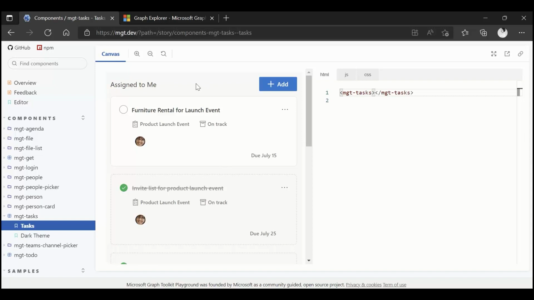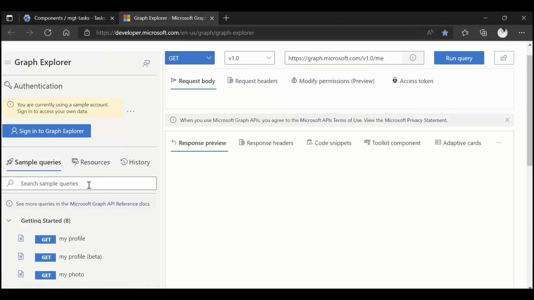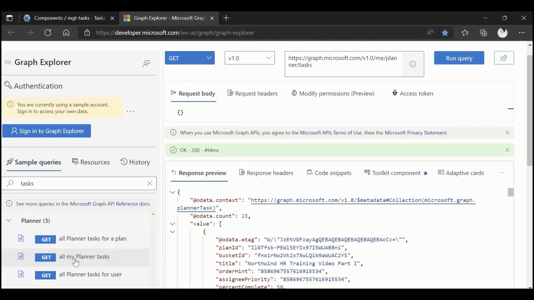Oh well, but maybe I'm building something else. Maybe I'm not interested in a UI component. Instead, I want to see the code behind this. What's powering this? I'm just interested in the API call and I'm gonna use it in my own app. So if I go to Graph Explorer, and hopefully, with the list of sample queries, I can find something that would help me with tasks. Oh, I see there are a few options under Planner. So if I say I want to see all my tasks here,